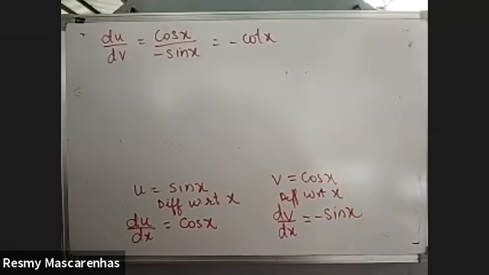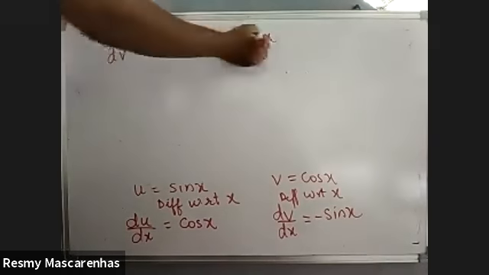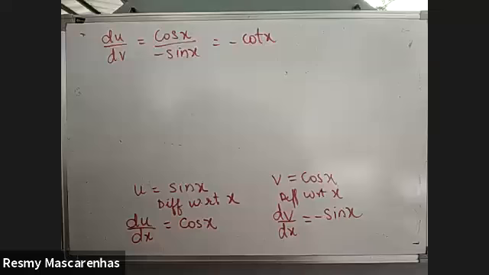Okay, anybody who did not understand can ask. Take the first function, second function, find derivatives of both and divide. Make sure here you are dividing first upon second. In parametric, we were dividing y upon x, dy by dx. It was the opposite. Here it is first upon second.